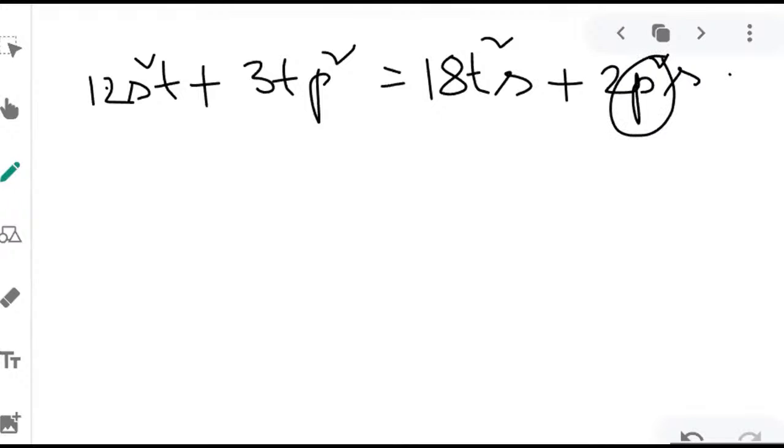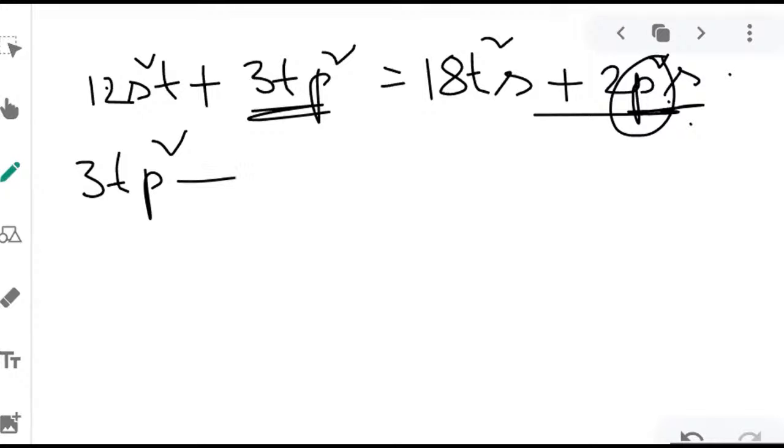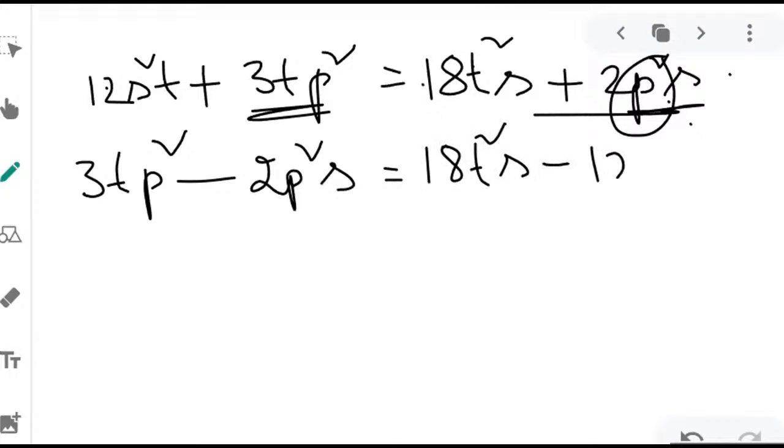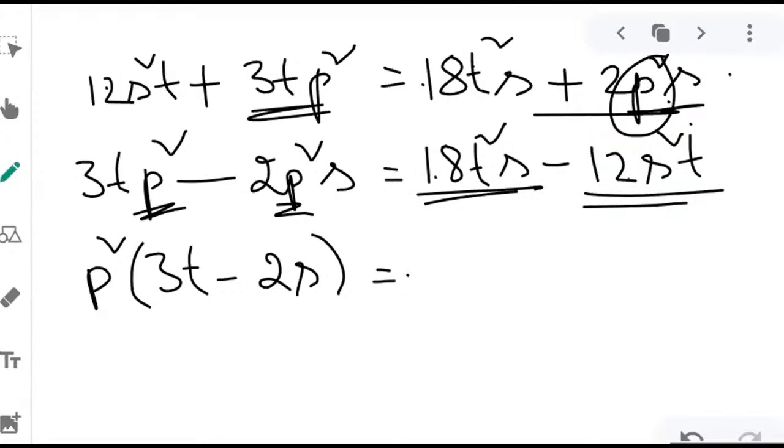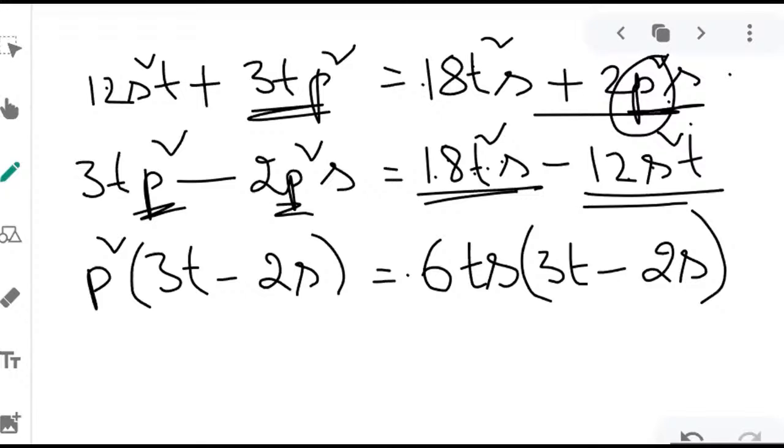I need to get p square in terms of s and t, so I'll bring the p square terms to one side. 3tp square minus 2p square s is equal to 18t square s minus 12s square t. What is common here? p square into 3t minus 2s is equal to, what is the common factor for 18 and 12? 6, and t and s are common. If you take 6st out, we get 3t minus 2s, which is common on both sides. So p square is equal to